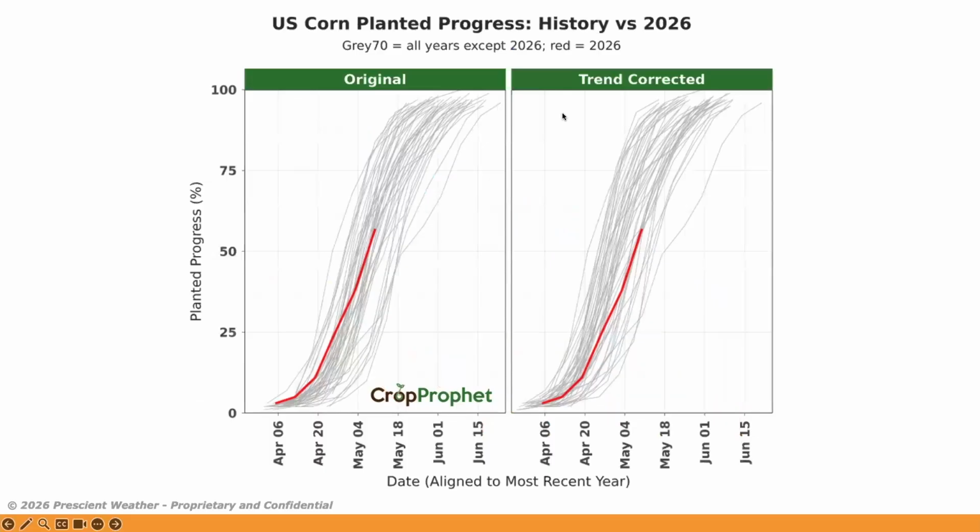And so, for example, on the left-hand side, we see the data presented in its original form. So far this year, it would suggest that the U.S. corn crop planting progress is relatively normal. If we correct for that trend, however, we see that it shifts a little bit to the right in the planting date distribution for greater than 50%. And so, in fact, the crop may be a little bit late relative to this earlier and earlier planting progress. At this stage, however, it's not late enough to have a yield implication for the 2026 yield year.